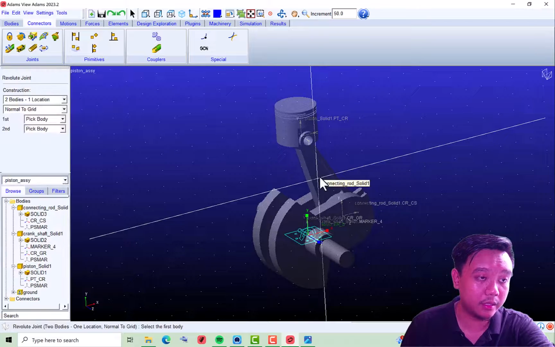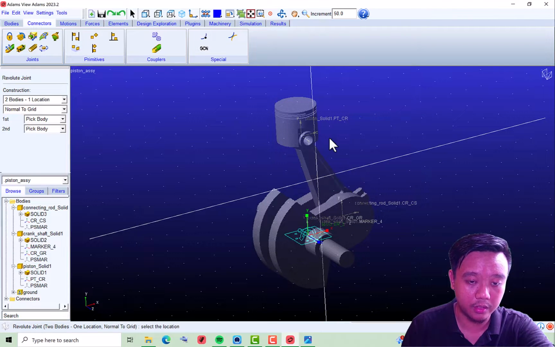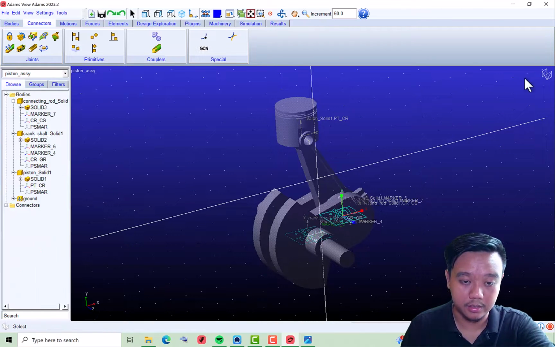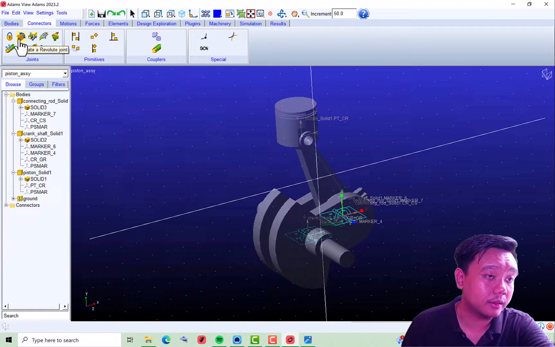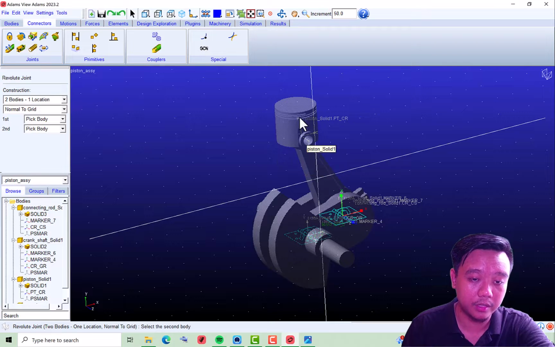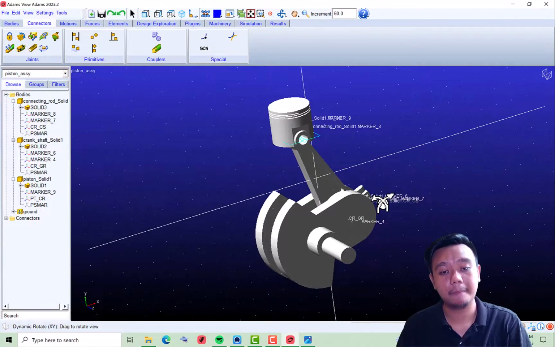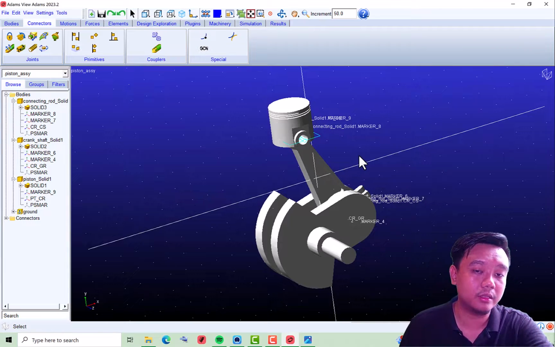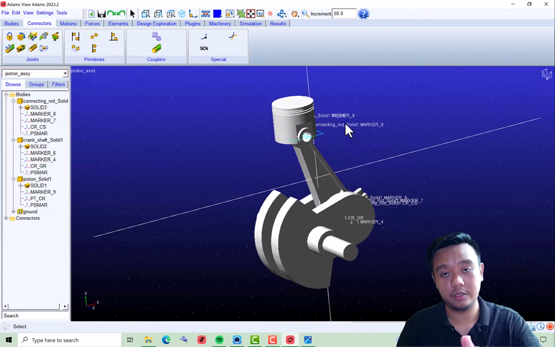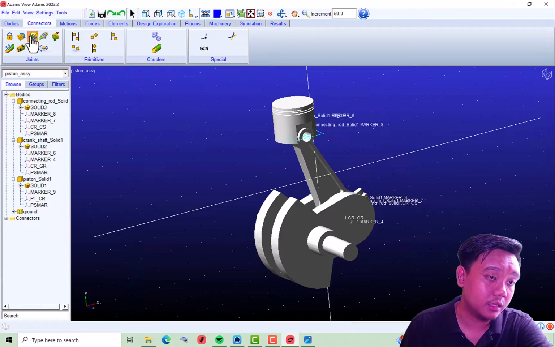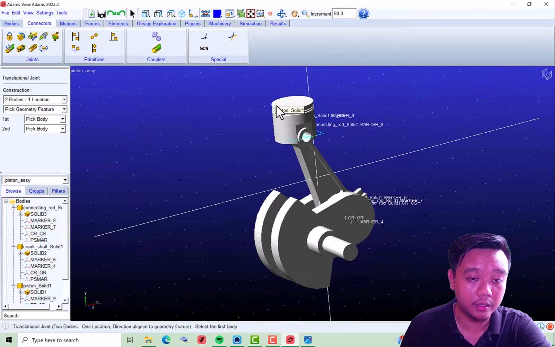We make another one for the crankshaft and the connecting rod, and we click the point CRCS. That's our second one, and the last revolve will be for the connecting rod to the piston at the PTCR. Okay, here we go. We already have the revolve joints, and again, I will lock the degree of freedom of the translation of this piston to only the Y direction. So I will use this translational joint. I will connect between the piston and the ground, and I will select the